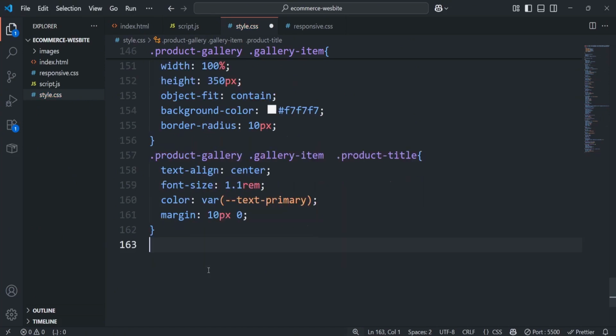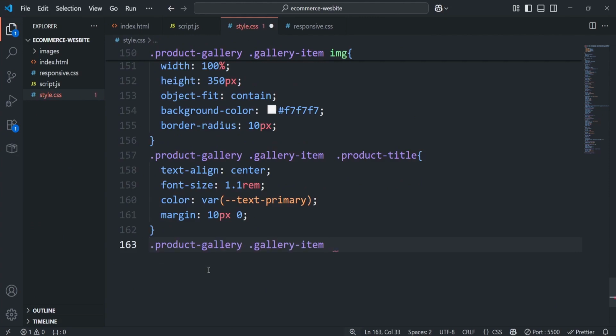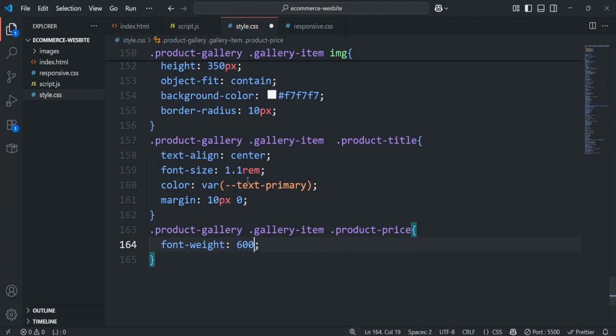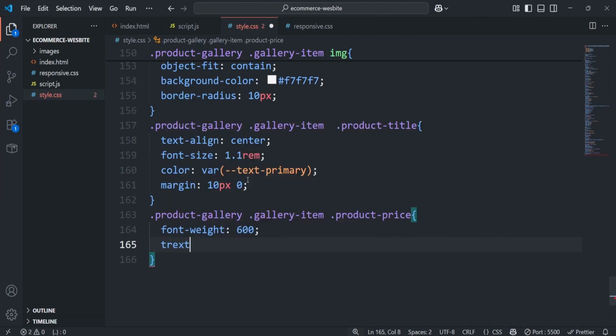And next we're going to target the price. I'll paste that right here. I'm going to say dot product price. I simply just give this a font weight of 600 and a text align